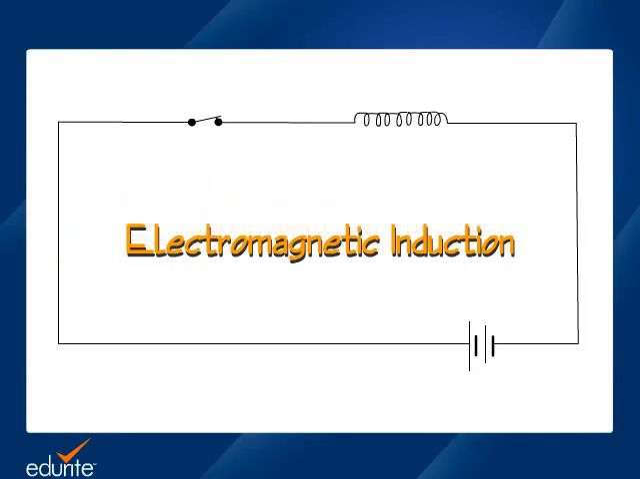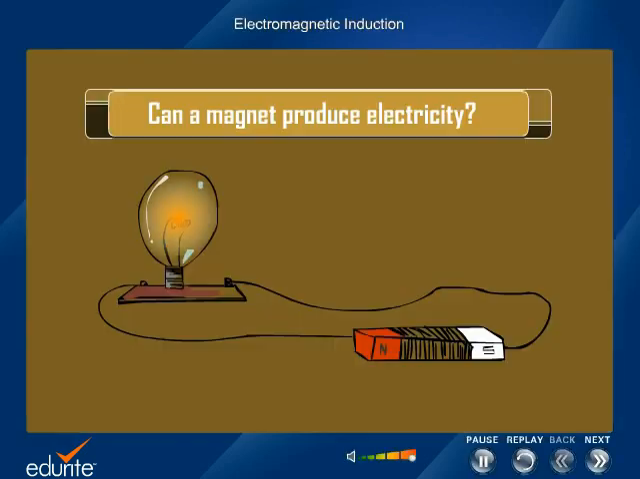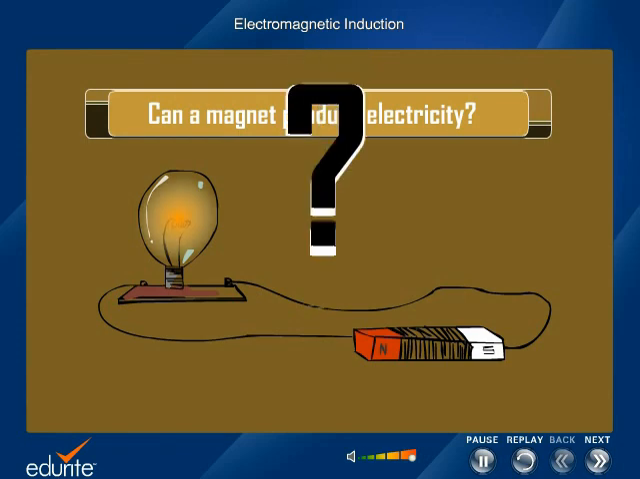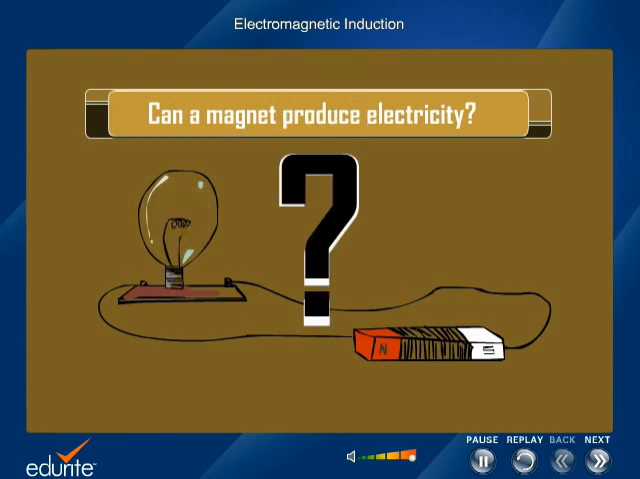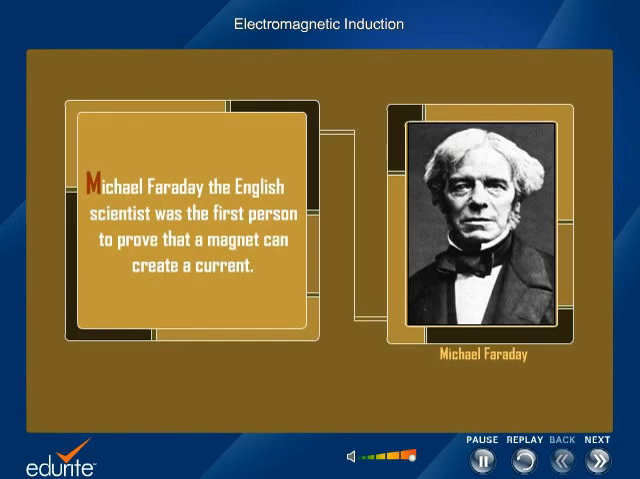Electromagnetic induction. Can a magnet produce electricity? Let's explore this. Michael Faraday, the English scientist, was the first person to prove that a magnet can create a